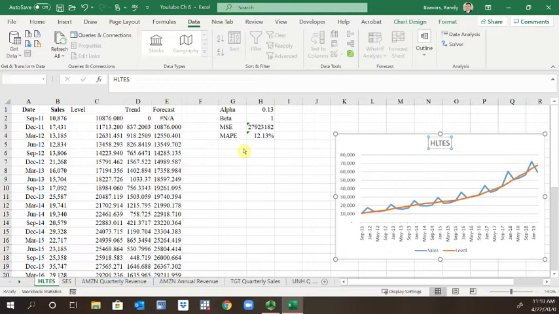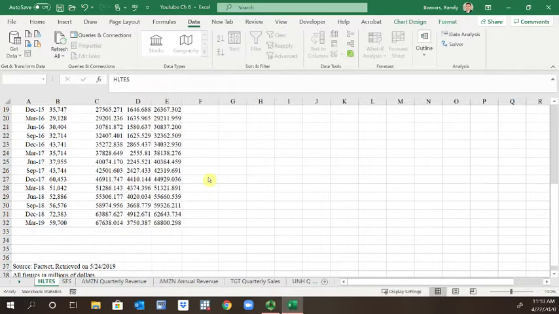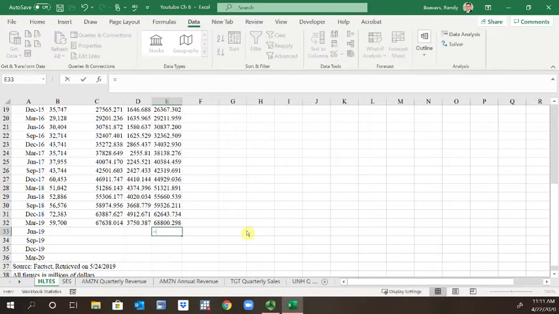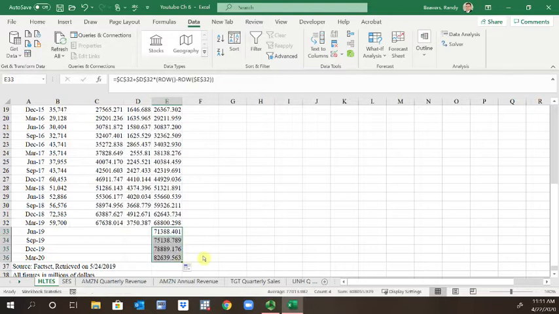So we can generate some forecasts. So we're going to extend out the dates to March 2020. In E33 now, we're going to enter the following formula. So equal C32 anchored plus D32 anchored multiplied by parentheses. We're going to have the row function now. So row parentheses minus row of E32 anchored, and we'll end those parentheses and copy this down to give us forecasts for the next 4